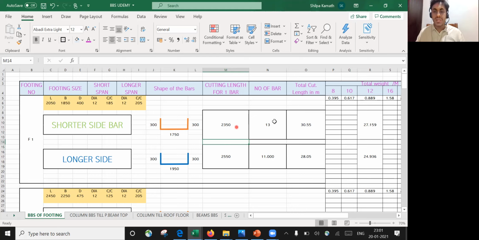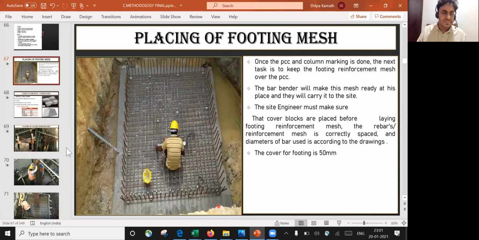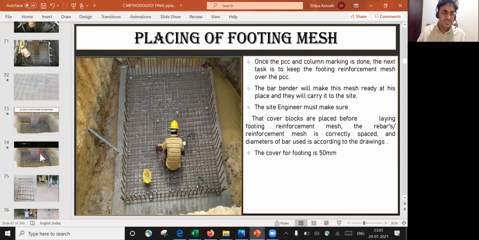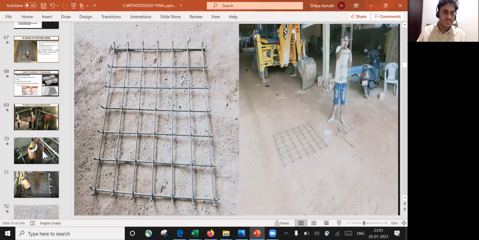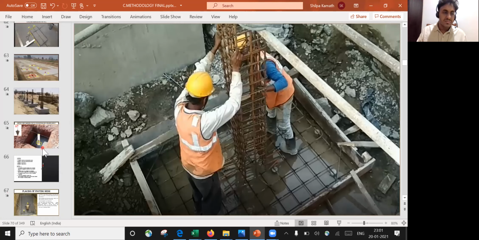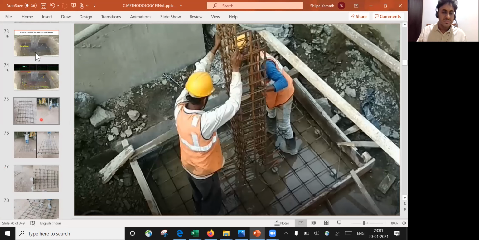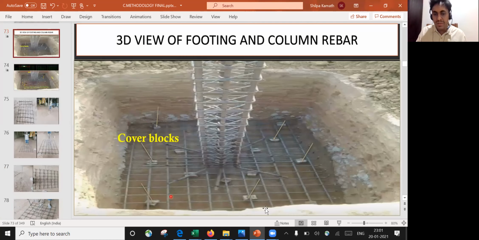So coming to the number of bars. Whatever I did, that is for one length of the bar. But if you go through the drawing again, you have so many bars. Whatever calculation I have done, I got the length of this entire bar, including this L, that is 2350, right?